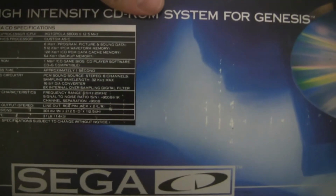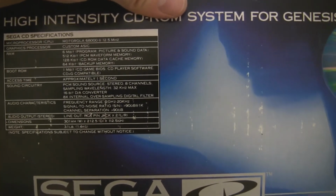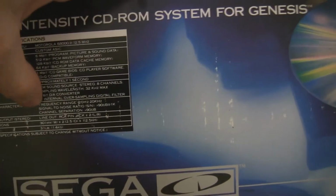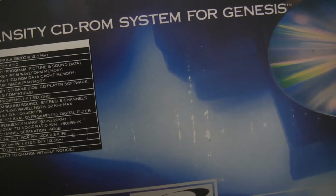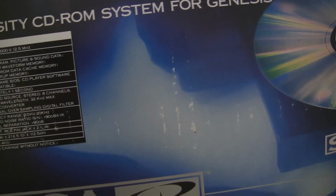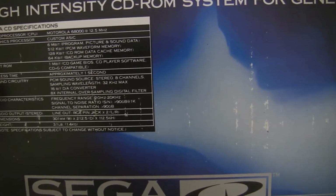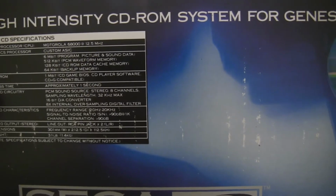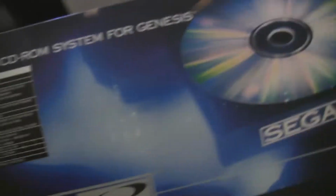Oh wow, and they actually have the specs, so I could probably screenshot this later, but yeah, it does have stereo audio output, but that only works for the Sega CD games. I guess it has better sound circuitry. Sorry, I'm off focus. The access time is forever. It's not actually 1 second. It's very, very slow. It is its own microprocessor, own graphics processor. I think they added rotate,